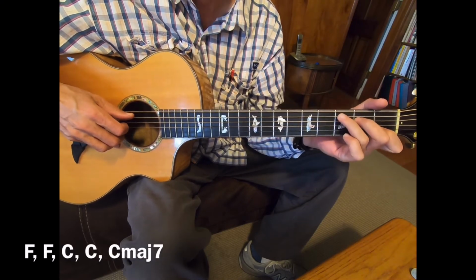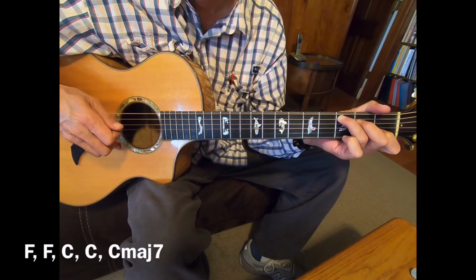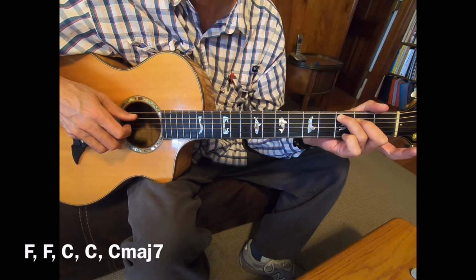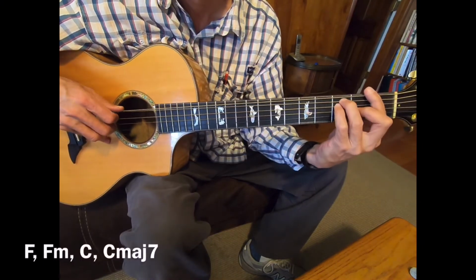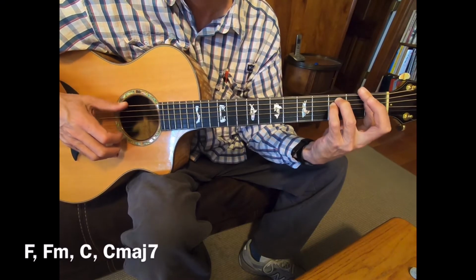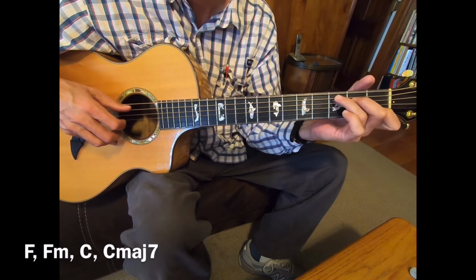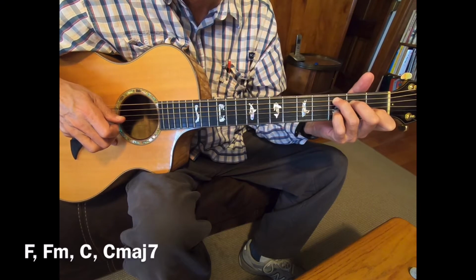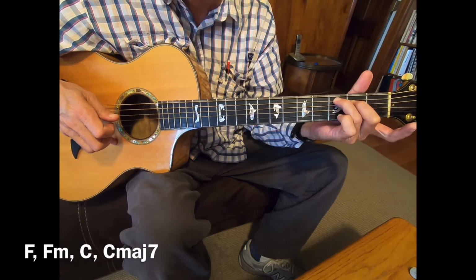And then you go to a C chord in the first position with your second string as a melody, and lift off of the C to a B note, making this a C major 7. You play an F chord with the 3rd string as your melody, and then an F minor with your first string as your melody, and then a C, and then a C D, and then a C major 7th, playing the first string as your melody,